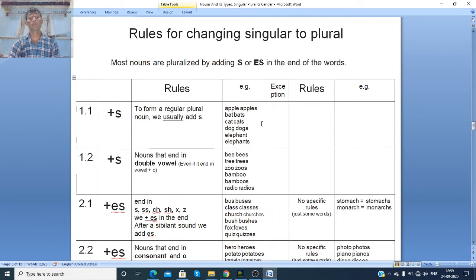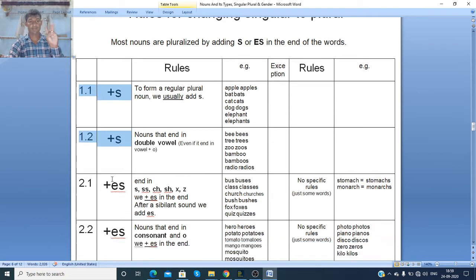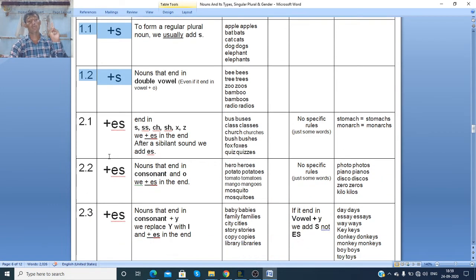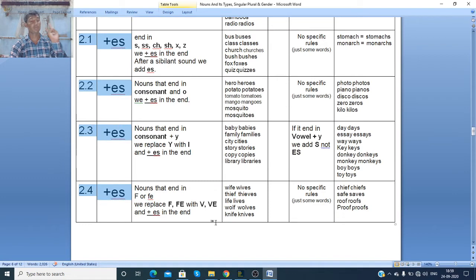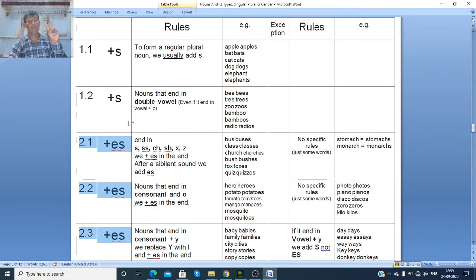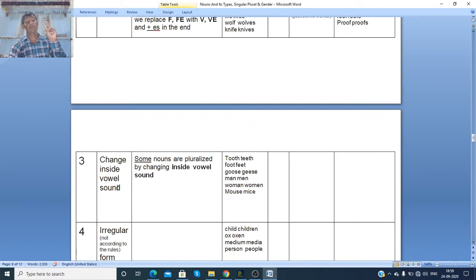And here are some rules for changing a singular noun into plural. There are some rules, but there are only three ways to make a singular noun plural. And what are those? Number one, S. Number two, ES. And number three is